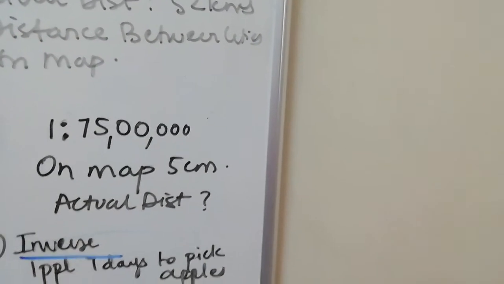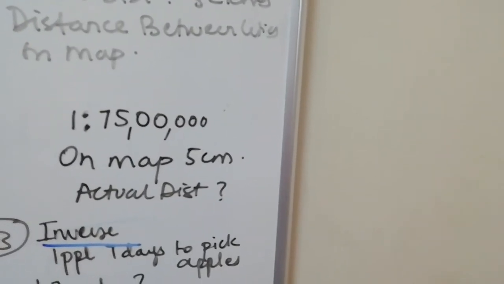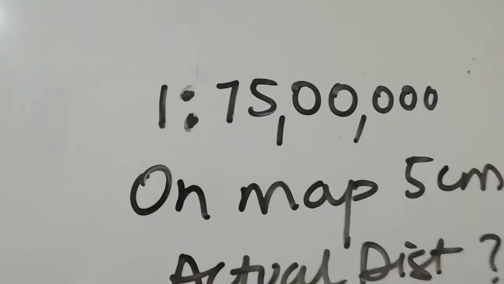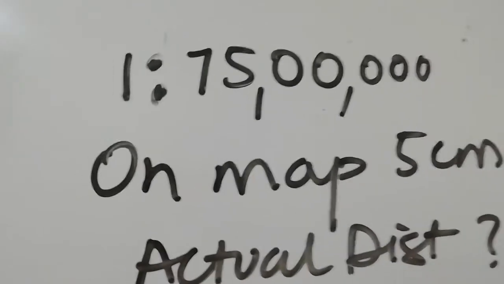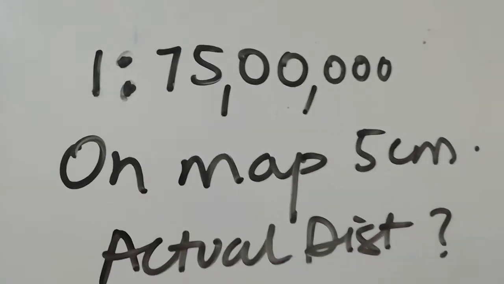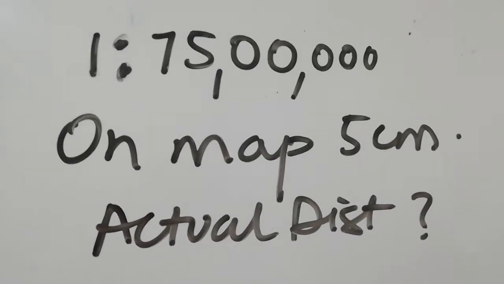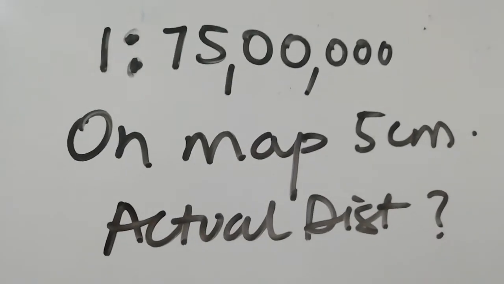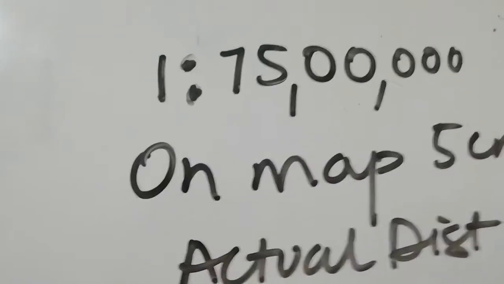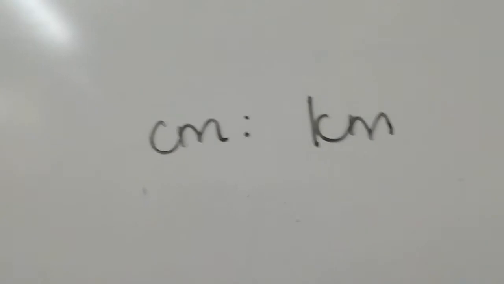Our distance is always in terms of centimeters is to kilometers. So let us see how we will make changes in this question. They have said 1:75 lakhs. Okay, distance is always in terms of what? Actual distance is always in terms of kilometers. On the map, my scale will be in terms of centimeters. So I have said that we will always represent it in terms of centimeters is to kilometers. Correct?